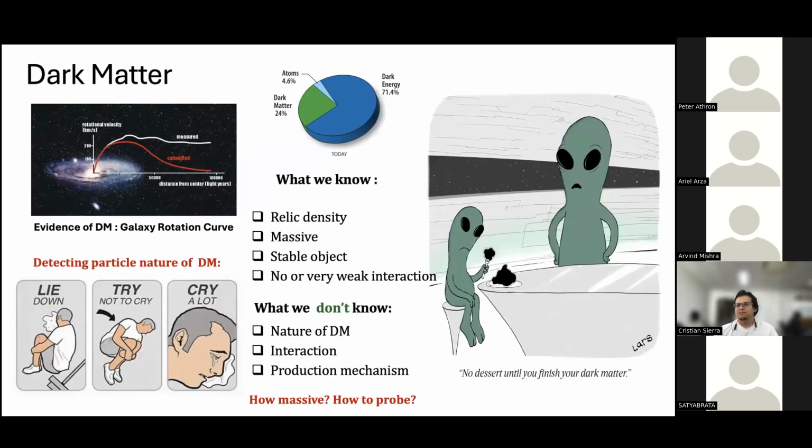So to start with, I would like to discuss dark matter. Now, we all know about the evidence for dark matter, right? For example, we know about the galaxy rotation curve. So what does this suggest? This suggests that we have felt the gravitational pull of dark matter. Now, this suggests that dark matter is massive, but we still don't know about its particle nature. So in summary, what we know about dark matter is how much of it is available in the universe.